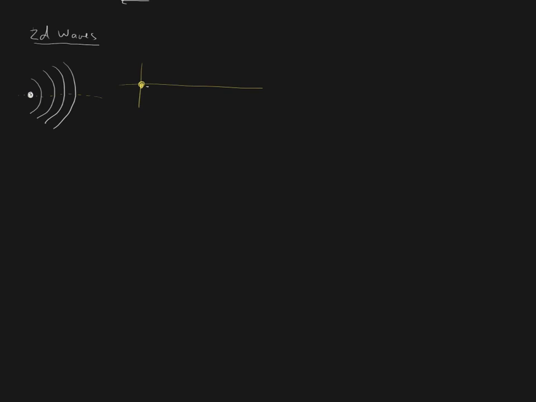We have our neutral position here, so we have a crest and then a trough, and then a crest and then a trough, and then a crest and then a trough. And at each one of these crests, we draw our line. Okay, so this is a side view,